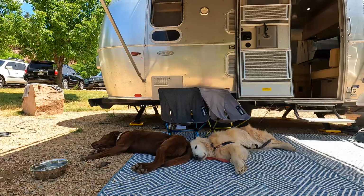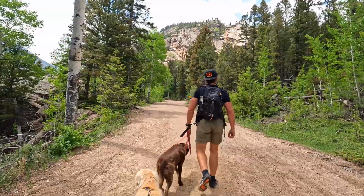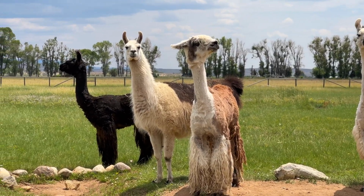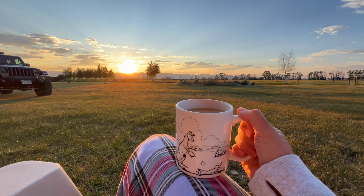We've been living out of our 19-foot Airstream travel trailer and spending as much time as we can hiking and exploring outdoors. But this week, we're taking a break from RV life and moving onto a llama farm on a beautiful property in Wyoming. Come along as we explore the area and spend the week taking it a bit slower